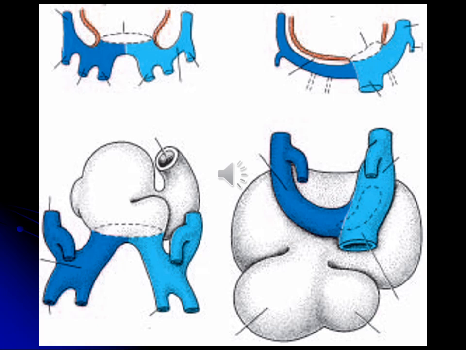So this can be asked as a fill in the blanks or a 1 mark question, something like that. It is a usually asked question even in viva. How is the transverse sinus formed? You will write that it is formed by the disappearance of the dorsal mesocardium, which was suspending the heart tube in the pericardial cavity.